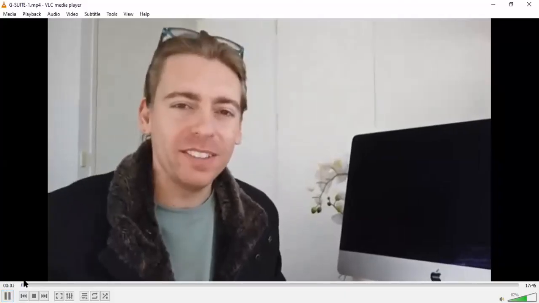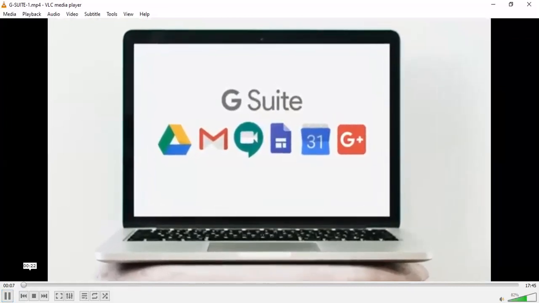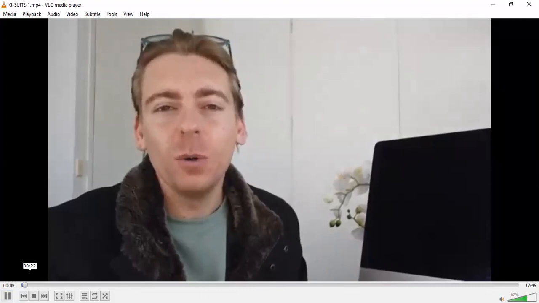Just a powerful business email provider. G Suite is actually an all-in-one business productivity and communication hub that has all the tools and apps you need for your small business.